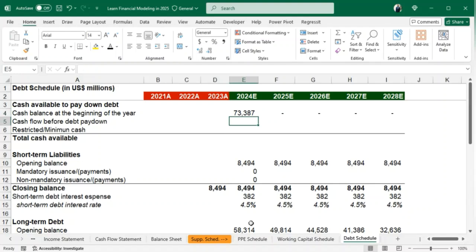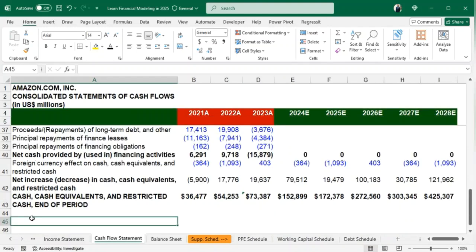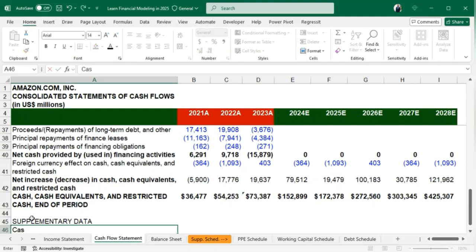So the first item is our cash balance, which we have done already. The second one is cash flow before debt pay down, and this information can be derived from our cash flow statement. So quickly, let's go back to our cash flow statement and have some supplementary information here. So I'm going to have supplementary data, and this supplementary data is going to be